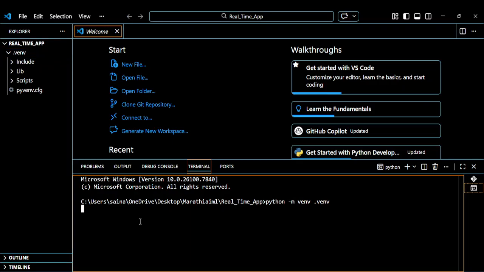Now once a virtual environment is created, it takes a bit of time depending on how your system is. My system is quite slow nowadays, so it may take some time, but depending on your system, it will create. Generally it is quick and fast, but as I mentioned, my system nowadays is slow, so it's taking a bit of time. So as you can see, it's created. Anyway,